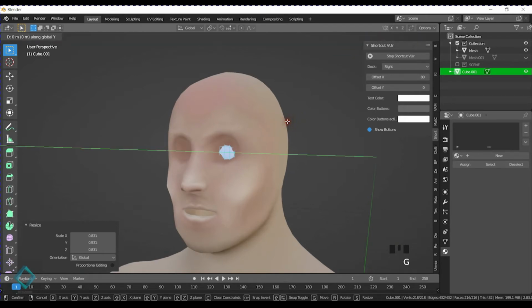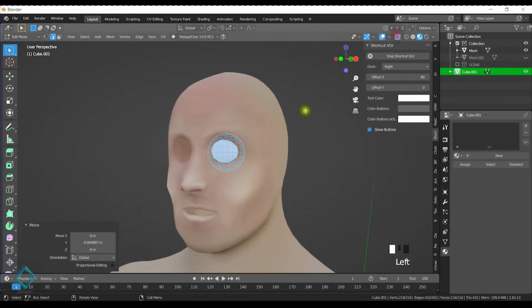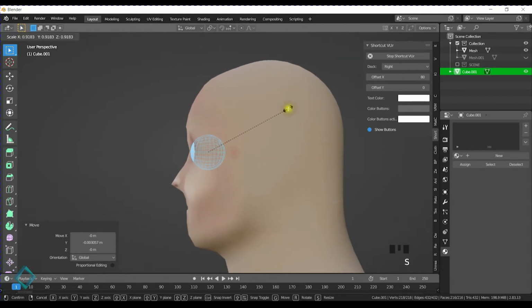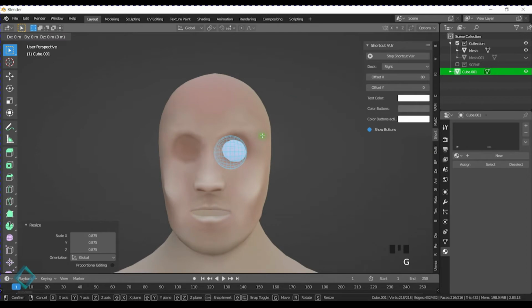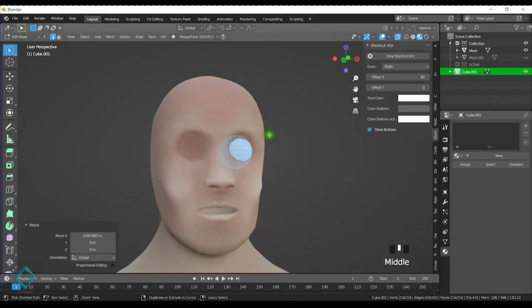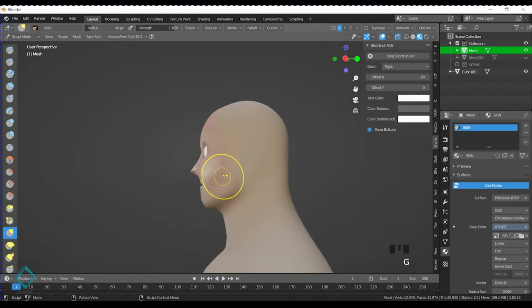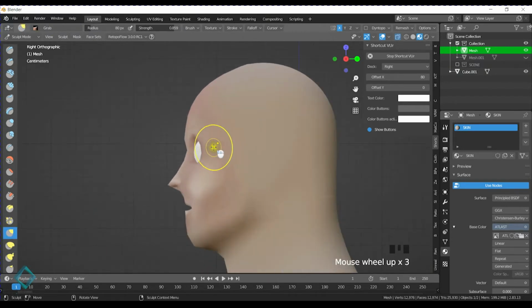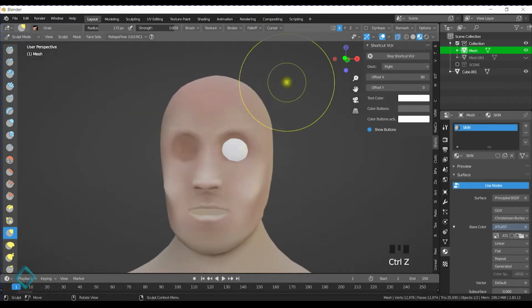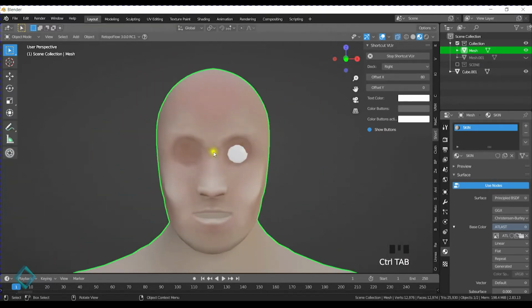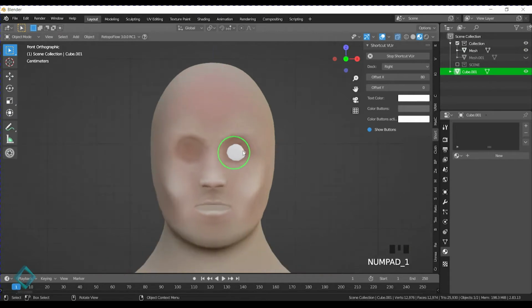And probably smaller. Okay, so I'm going to turn on my X-ray, just so I can see how big this eyeball is at this point. And might want to do some light sculpting. Do the grab tool here, and kind of want to pull this front a little bit. Yeah. Okay, so it's both sides. Yeah. All right. So I want to pull that up a little bit just because